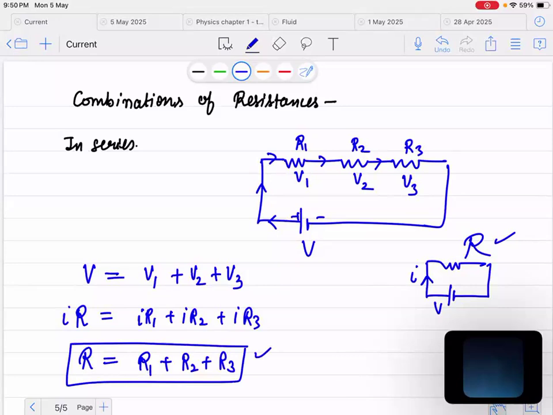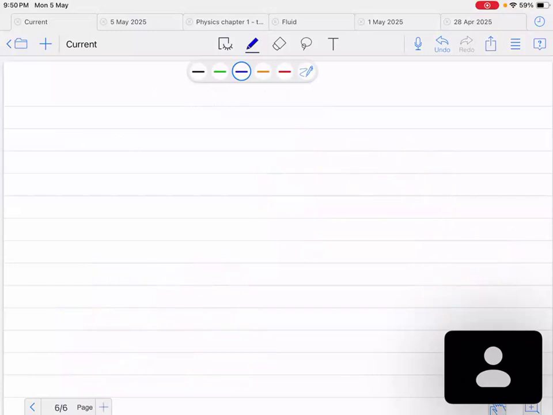So the equivalent resistance of the resistances connected in series is equal to the sum of the individual resistances. It means whenever you require high resistance in the circuit, or whenever you require low current in the circuit, you should connect all the individual resistances in series. Similarly, in a parallel